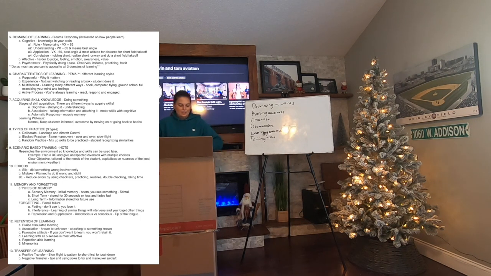No. Moving on to retention of learning. This means that if they're able to recall what you just went over, either yesterday or a week ago, you want to make sure as an instructor that you're teaching thoroughly and with meaning in order for that memory to stick with them. So you can use praise, positive reinforcement, compliments. Again, when you first start, these students look at you like a god. You want to praise them for doing good jobs, so they want to keep doing good things.